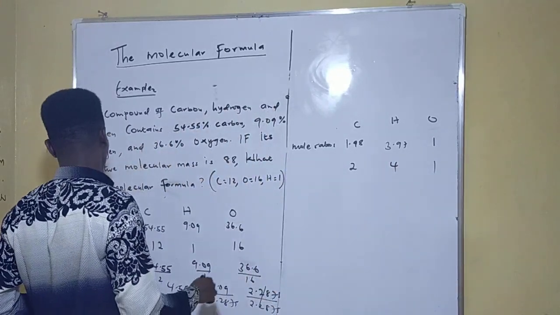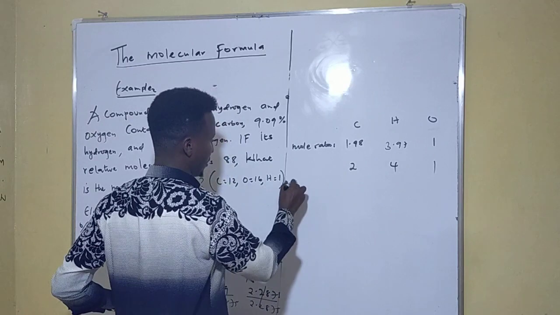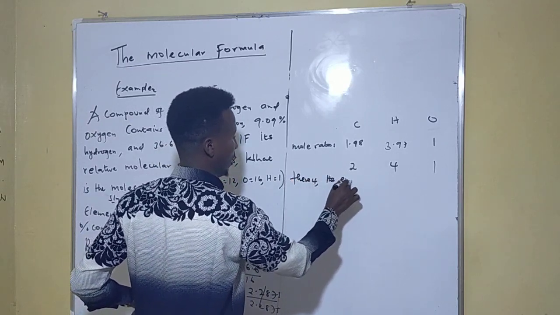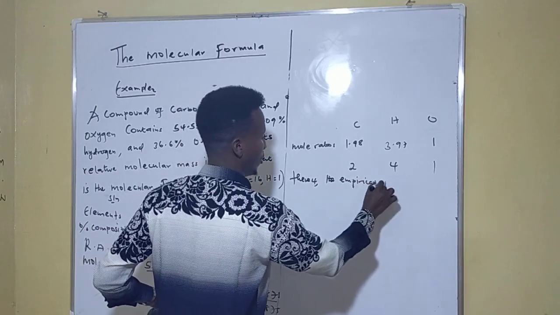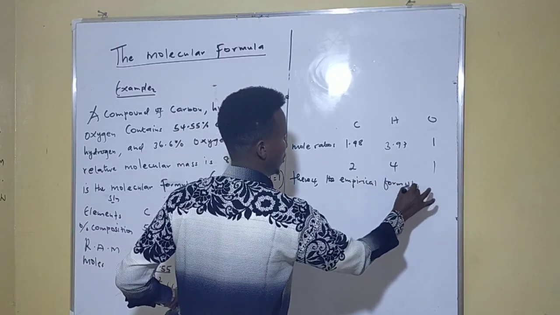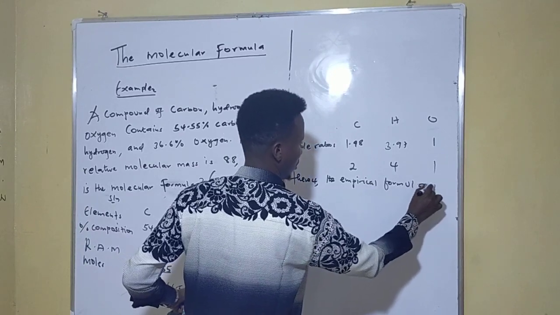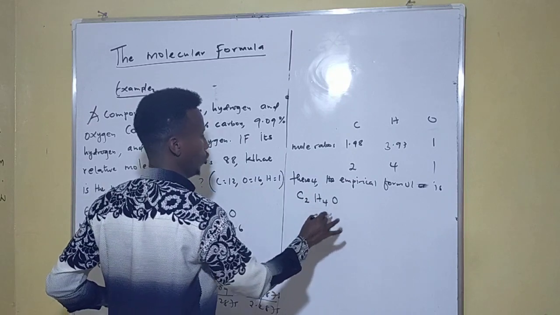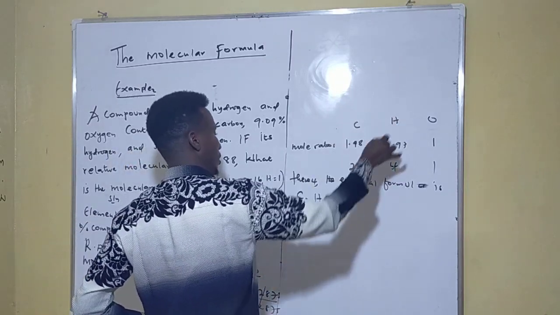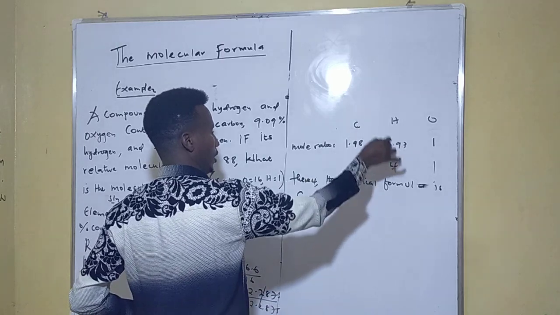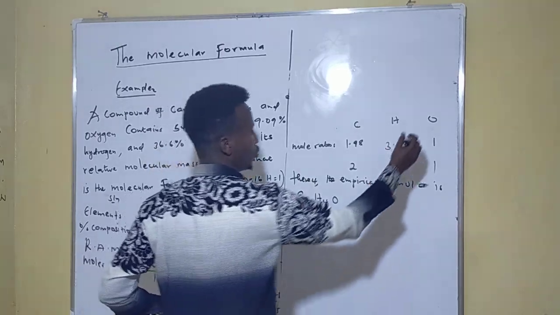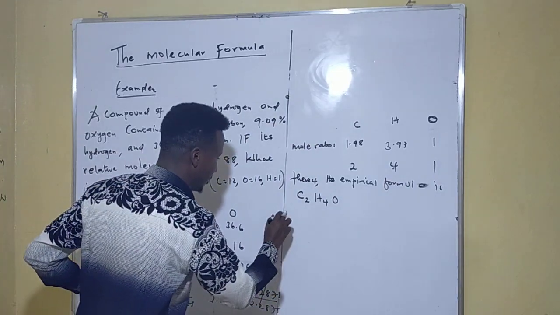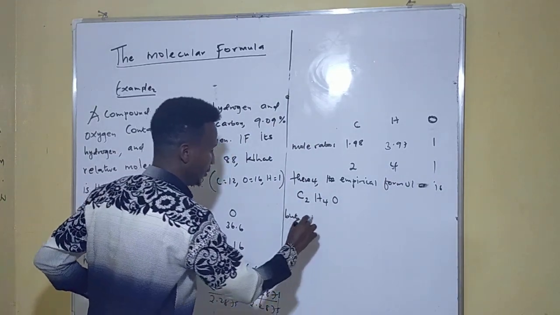So therefore we're going to say, let's get the empirical formula first. Therefore, the empirical formula is C2H4O, because you are multiplying this one by this one. So 2 times C, C2, H times 4, H4, O, which is oxygen, multiplied by 1 is O. But don't forget, but